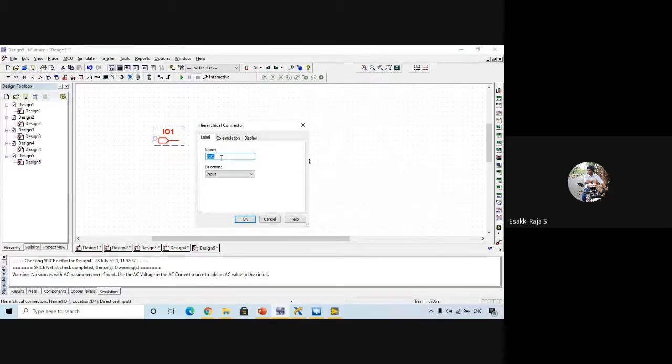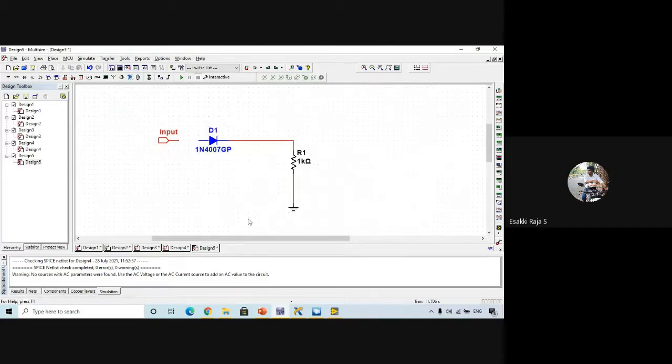I'm going to give it the name input. I'll click OK, and I'll be connecting it to the input.